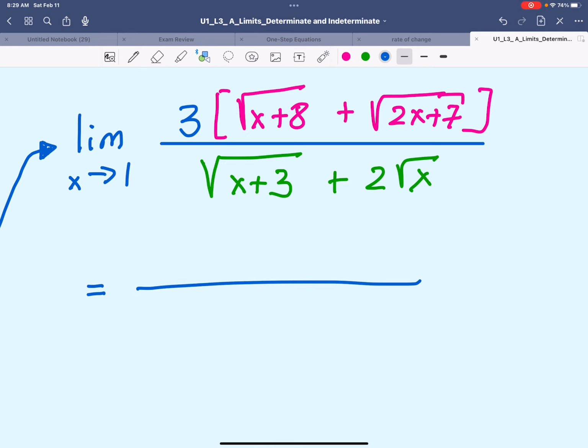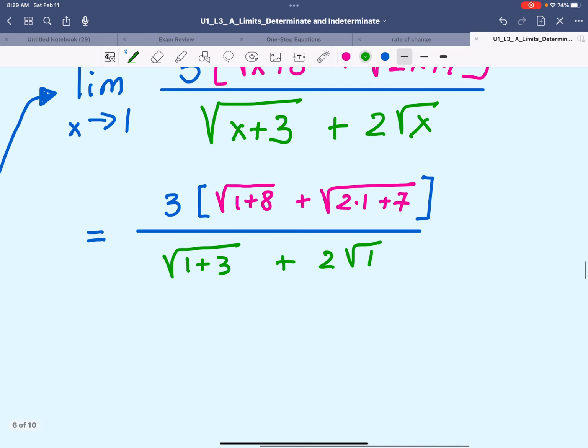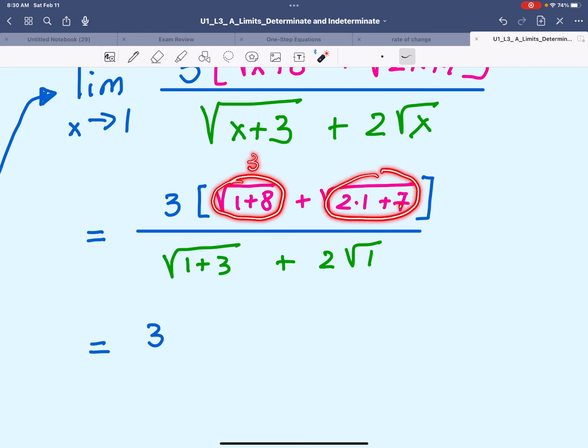Let's see what happens. So we have 3 and we have root of 1 plus 8 plus square root of 2 times 1 plus 7 over square root of 1 plus 3 plus 2 root 1. So again, we're going to have 3 here. So let's take a look at this. So root of 1 plus 8 is a 3. Root of 2 times 1 plus 7, that's root 9. So that's a 3 as well. So we have 3 plus 3,